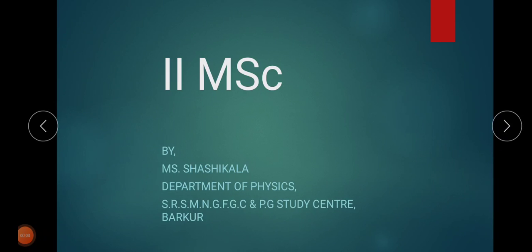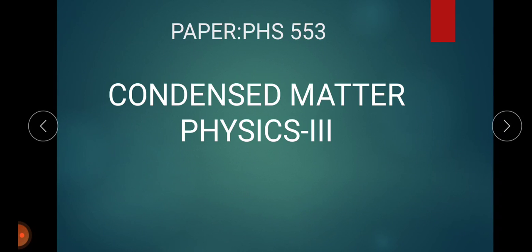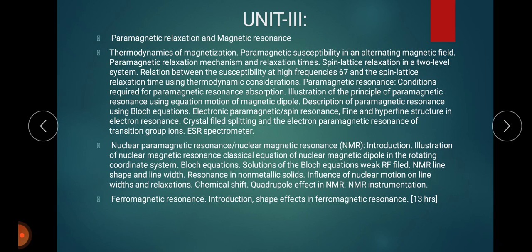Hello students, in today's class we are going to discuss the topic of 2nd MSc 4th semester paper PHS 553, Condensed Matter Physics 3. In that Unit 3, we go through the syllabus of paper PHS 553. It consists of paramagnetic relaxation and magnetic resonance, thermodynamics of magnetization, paramagnetic susceptibility in an alternating magnetic field, paramagnetic relaxation mechanism